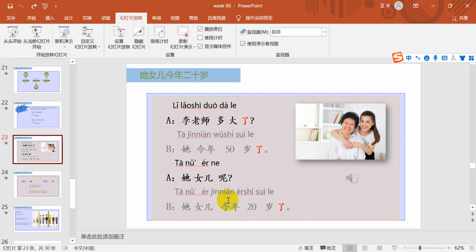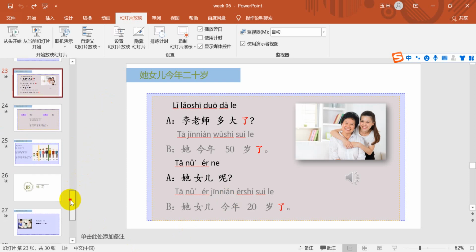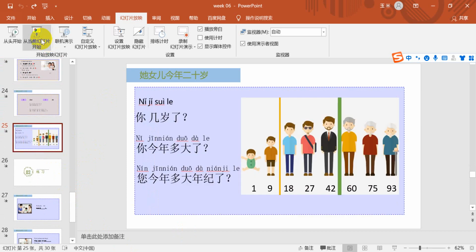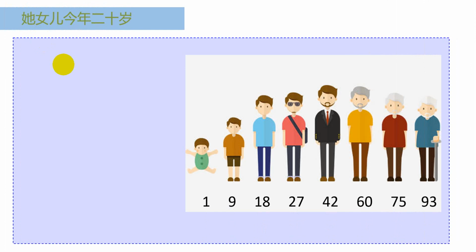And so, did you remember if we want to ask the people's age, now how to say? Yeah, ask people's age. Now you can see there have many people, yeah, with the different age. Now, so if we want to ask these two people, yeah, the first and the second, now we will use which word? Which sentence? How old are you? 你今年多大了？Now, for the people who was younger than 10 years old, we will say 你几岁了？Yes, 几岁了 is okay. Now, how old are you? 你几岁了？